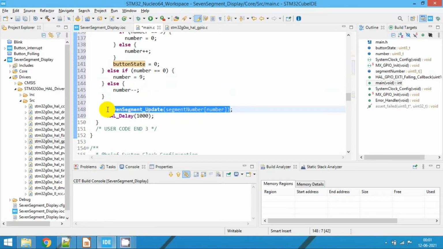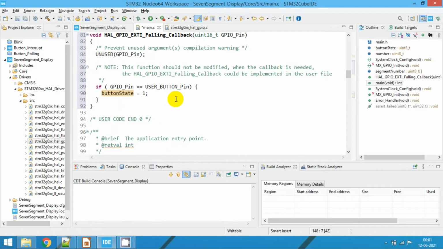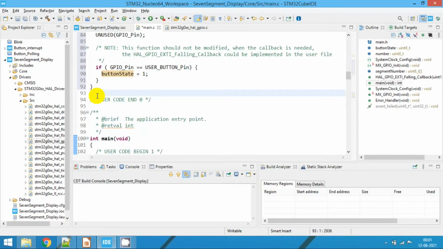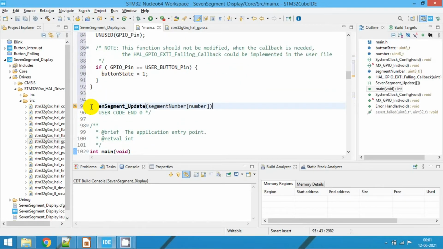Now we are going to implement this function. So copy this, and here, void, let's declare the parameter here, that is integer, uint8_t. This is a number actually.